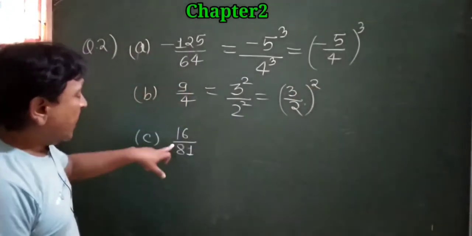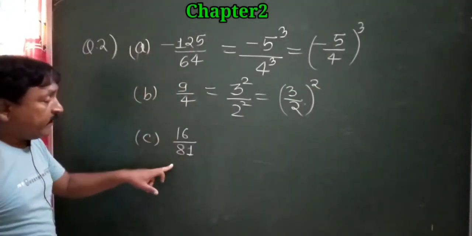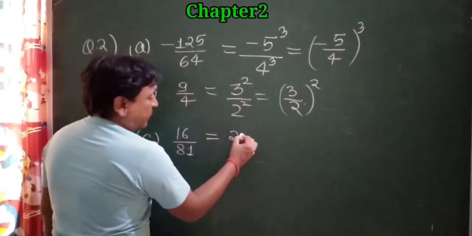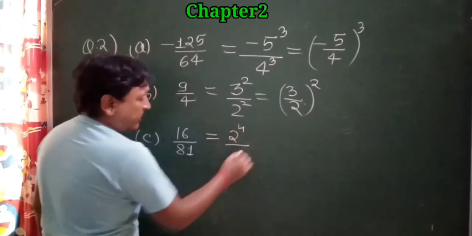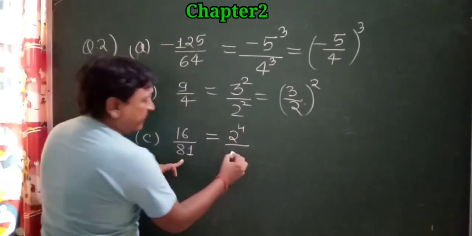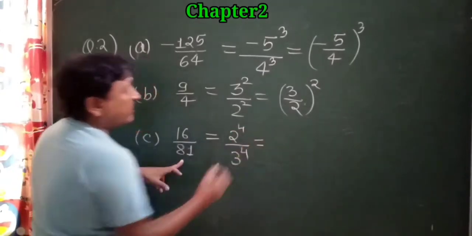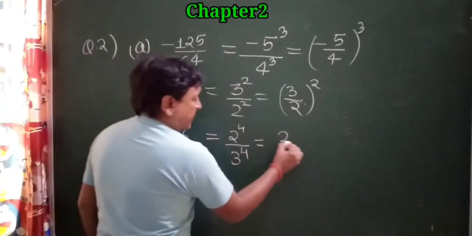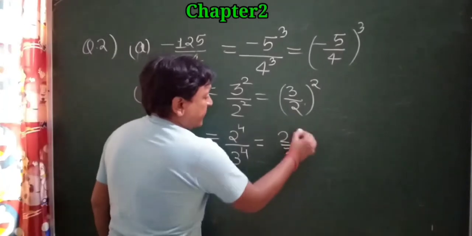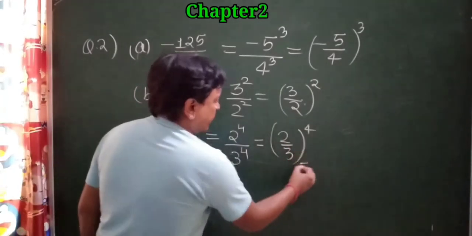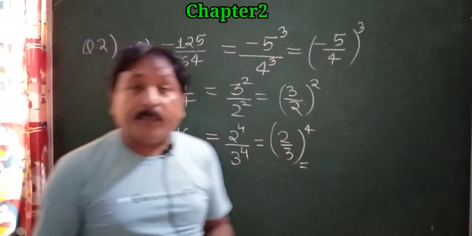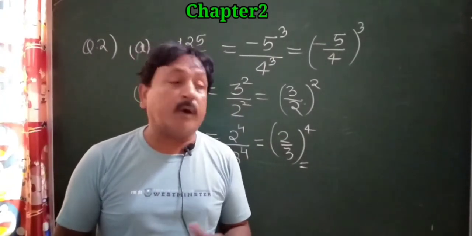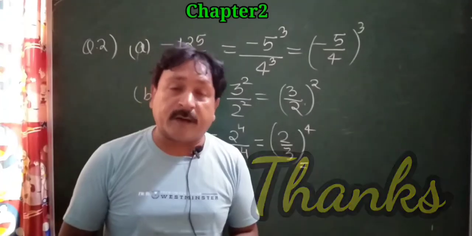Okay, now see this also, 16 and 81. 16, we can take the factors, 2 raised to the power 4. In the same way 81, 3 raised to the power 4. We have to take its factors first of all, and then we can write it as 2 upon 3 raised to the power 4. Okay, so complete question number 1 and question number 2 of exercise 2.1 from your books in your fair copies. Okay, thank you very much.